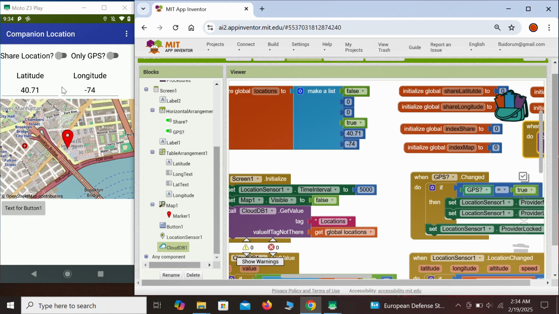And we see we're getting this latitude 40.71, longitude, and here's the map with the marker, and you can also see the other person is right next to the Brooklyn Bridge. Okay, so this was a very rudimentary demonstration because we cannot fully demonstrate this code, but